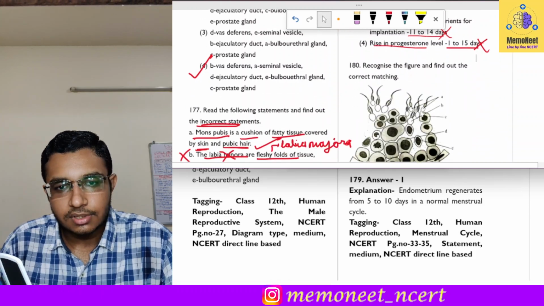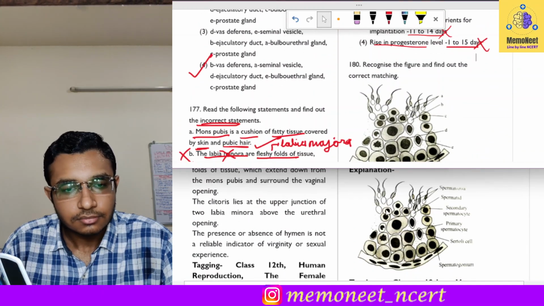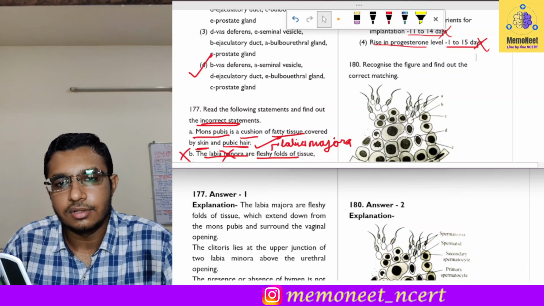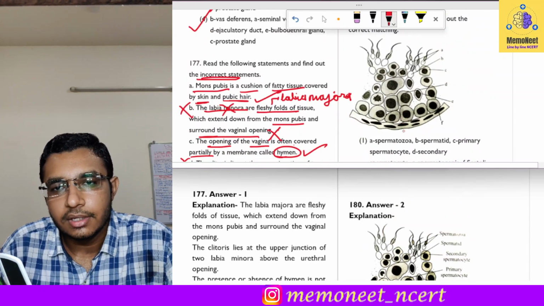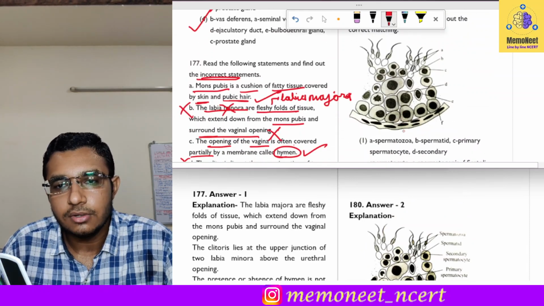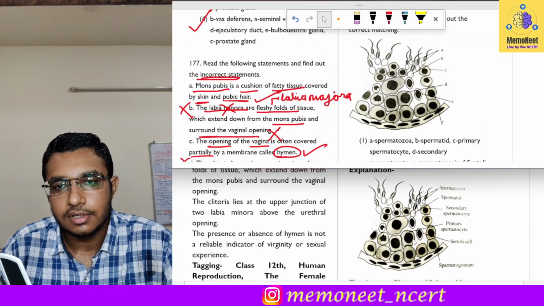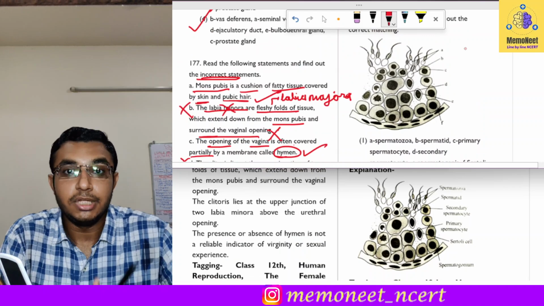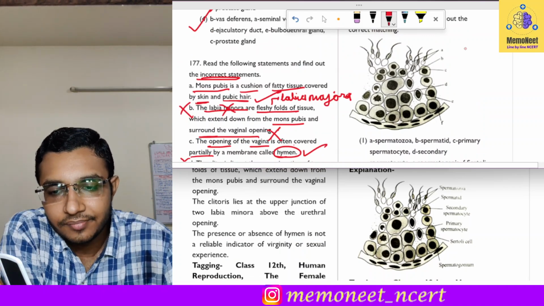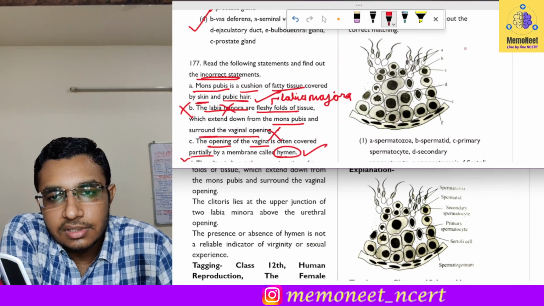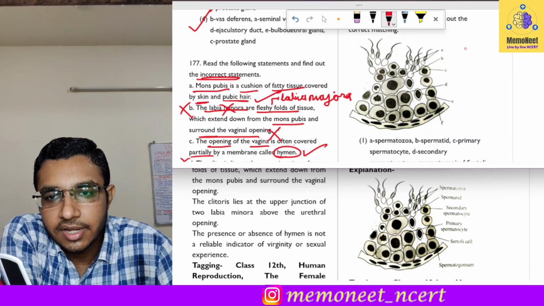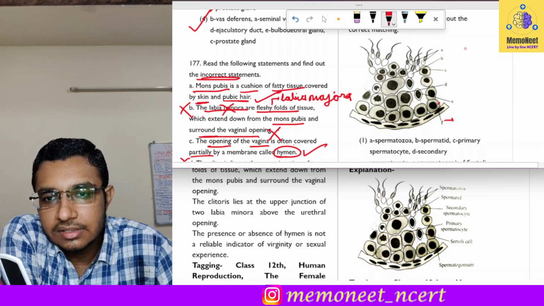The next question is question number 180, and it is a diagram based question. In this we have to identify the labeling of A to F. Okay, so let us see them one by one. The first one is, okay, let us see from below upwards. Okay, it will be easier for you. So see, as you can see this cell, okay, this cell which is labeled as F, okay, this cell is known as the